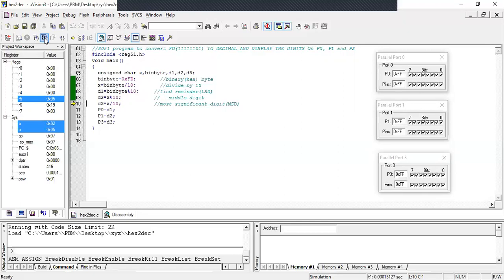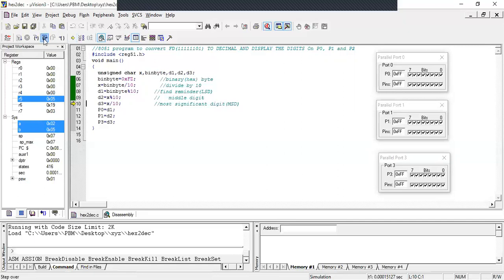That is, first you convert the values here. FD divided by 10, you will get quotient as 19 and remainder as 3. That is the LST. And when you divide 19 by 10, you will get quotient as 2 and remainder as 5.